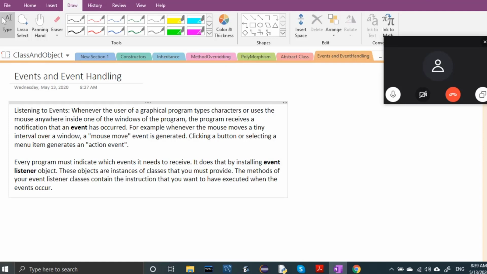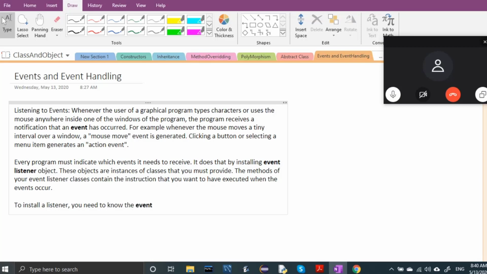So to install a listener, you need to know the event source.